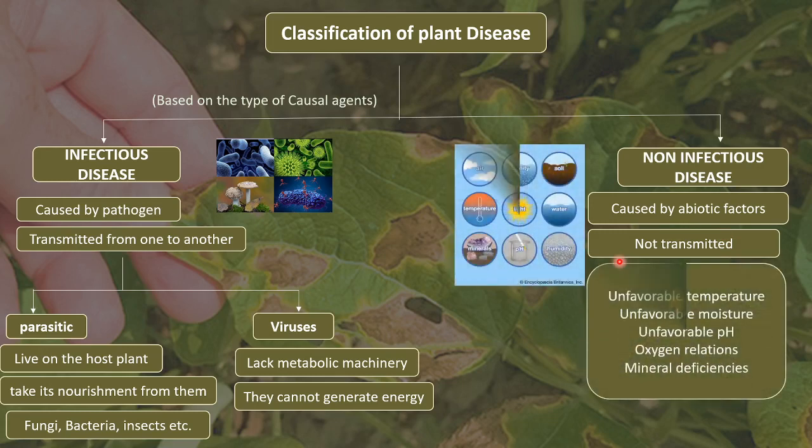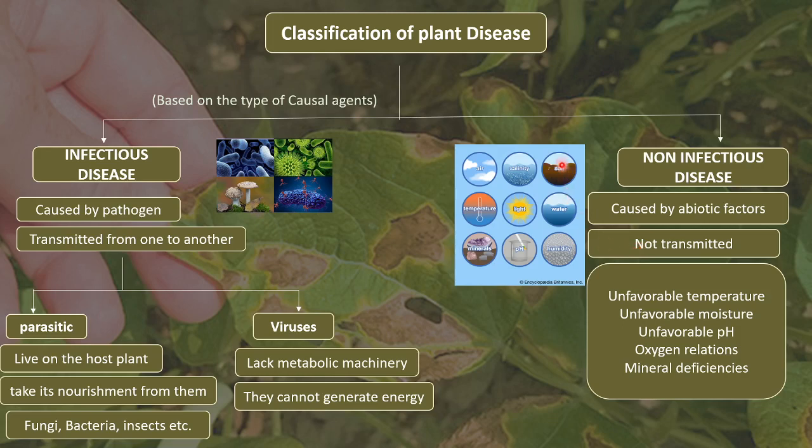So the abiotic factors involved could be unfavorable temperature. Maybe the plant might not be getting a proper temperature. There would be deviations in temperature. Maybe the plant is not able to get proper moisture, proper pH, proper oxygen conditions, right? Or there can be deficiencies in minerals like sodium, calcium, potassium, right? So all of these are abiotic factors, and all of these abiotic factors can also lead to disease. But a very important point is that these cannot be transmitted further,